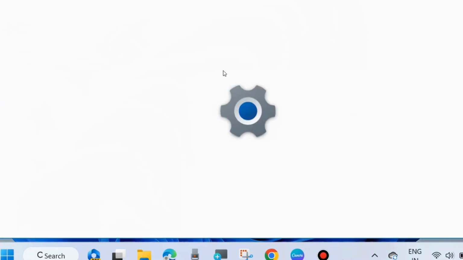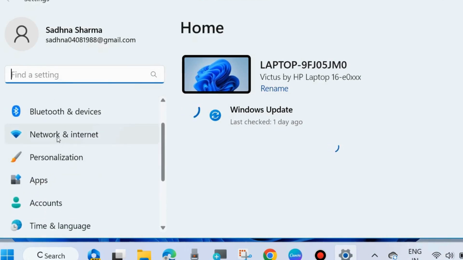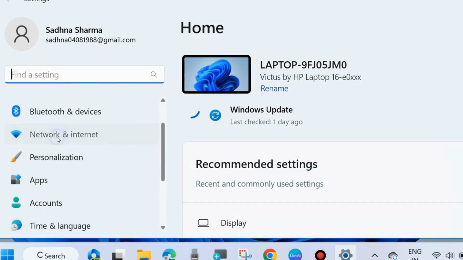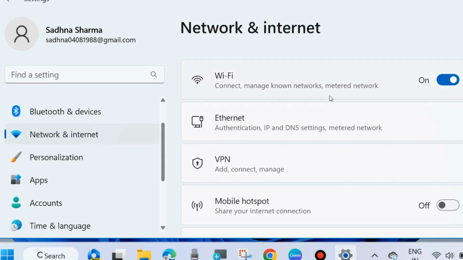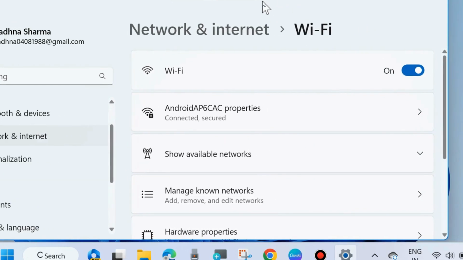usage in your system. First, go to Settings of your system and here go to Network and Internet from the left side, click on it. Thereafter, go to the right side, choose your connection, Wi-Fi, Ethernet or VPN, and here go to your network properties option. Click on it